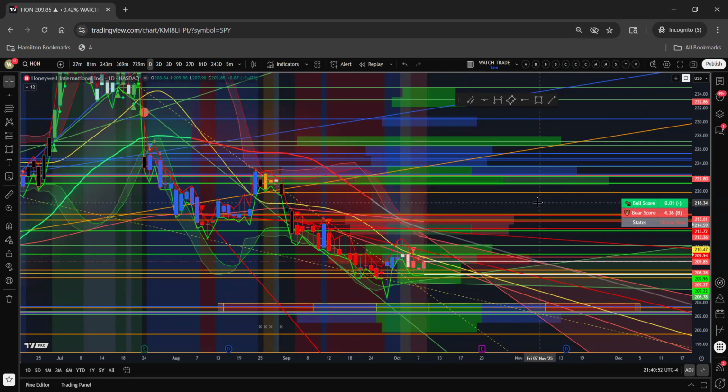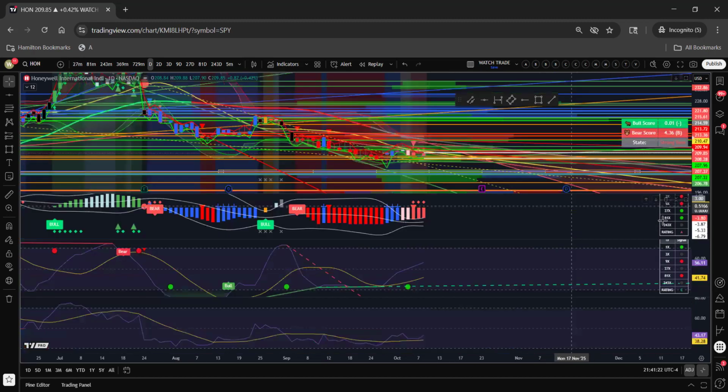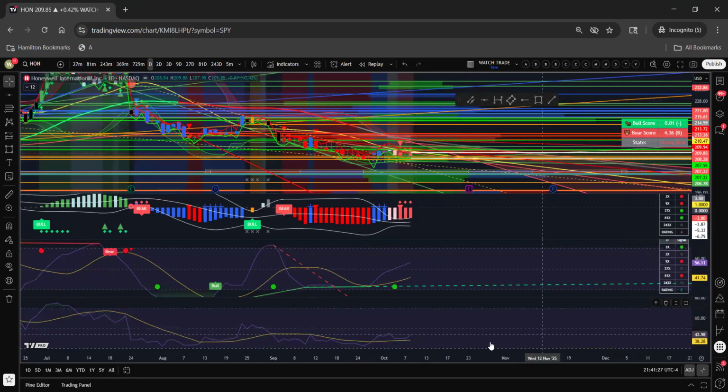If you're buying LEAPS, SKIPs, look at every system. They're going to let you know 3 out of 4 are bullish, or 3 out of 4 are bearish, or only 2 are bullish. If only 2 or 1 are bullish, maybe you don't take that trade. If 3 out of 4 are bullish, maybe you take that trade. If 2 out of 4 are bullish, maybe you go in a little bit lighter than you typically would. Ease your way in. But if all 4 indicators are bullish, if this is bullish, this is bullish, this is bullish,